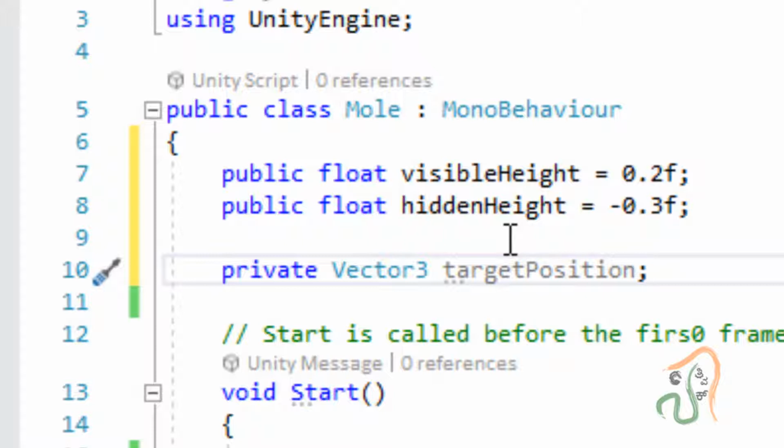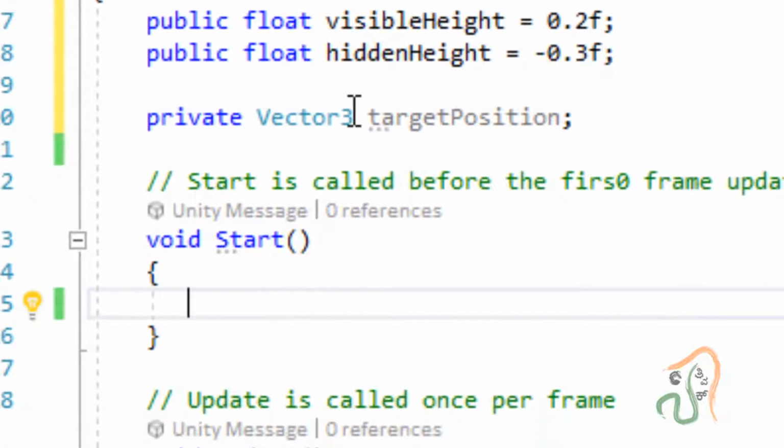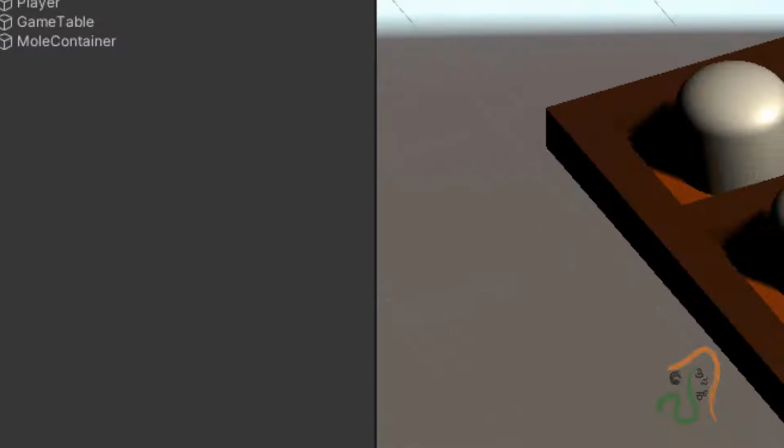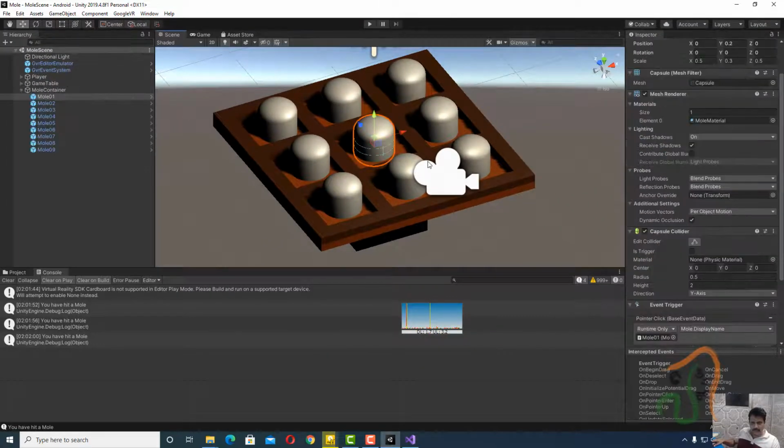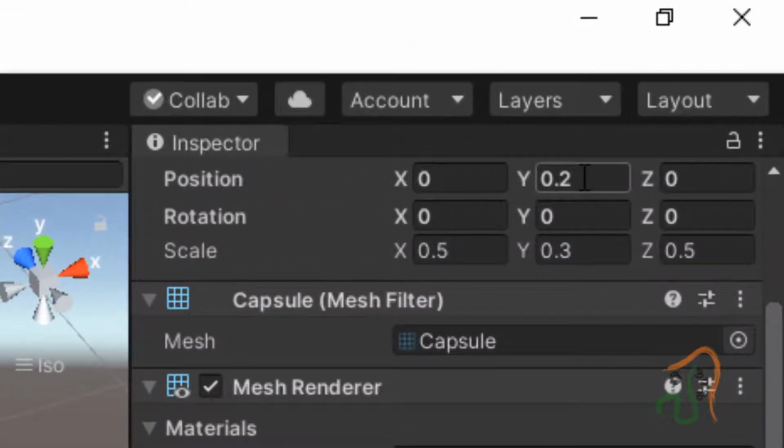And initially when the game starts, we are going to allot this. If you come back to Unity and select a mole, and set the y value to minus 0.3, you can see it will be hidden.